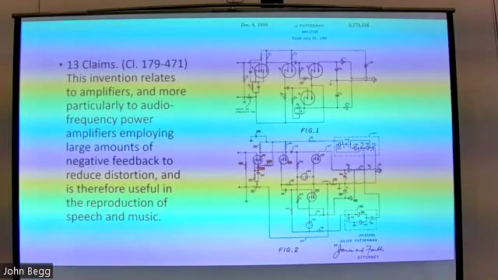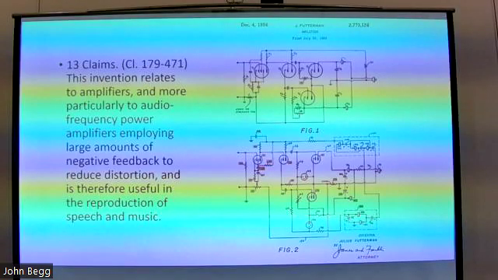This is his patent, December 1956, in case you can't read that. Well, filed in, it looks like, 1953. His point, and this is important,